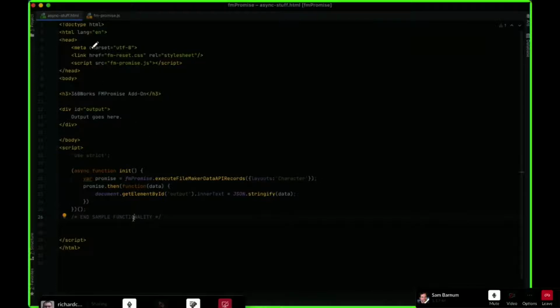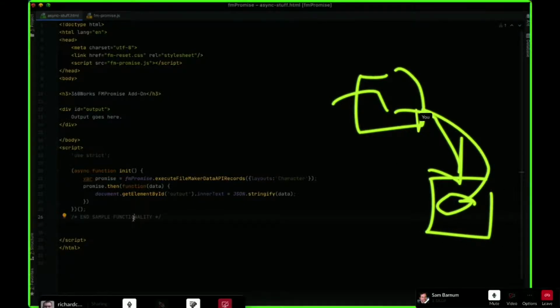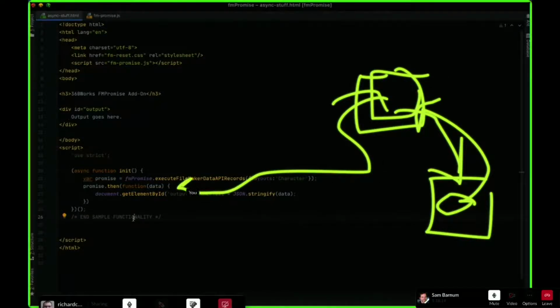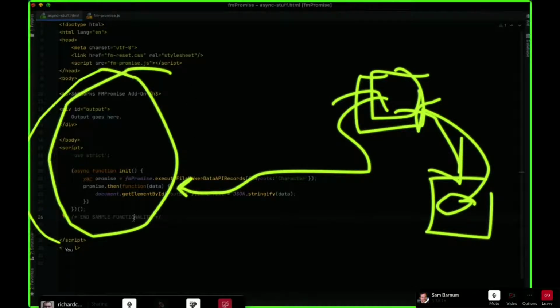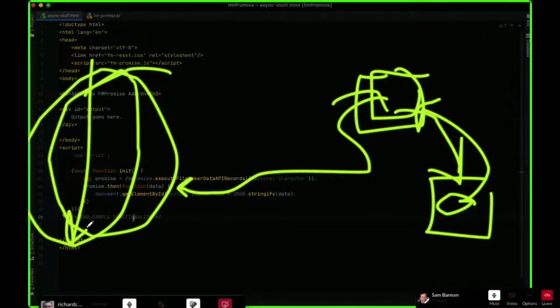Can I walk through this? When you drop this into WebViewer, the code's going to execute in a linear fashion. It's going to call this, and then it's going to come to the end and basically stop. And then your fmPromise intercepts the request. Then it goes to FileMaker, call script by name or whatever it's doing. Doesn't matter what you're doing. It's going to grab it, bring it back. You have the callback that initiates, and it's going to reactivate this code, which had stopped previously because it had run all the way through. Correct? Yes. Exactly. That's exactly it.